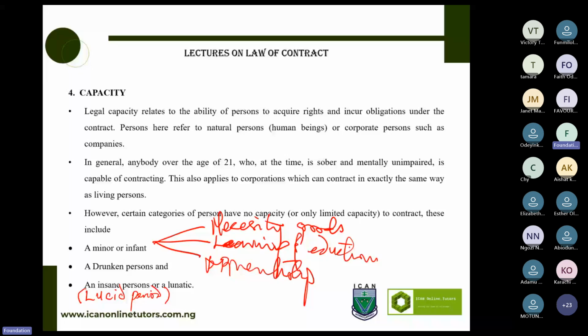I got you. Okay, let's hear from the man. Good morning. This is Katijat. Okay, no problem. For me too, it is binding. You've made your point already. First, I'm not aware that he's mad. And the second thing is that as at the time he entered the contract with me, he was fine. So I think it is binding.